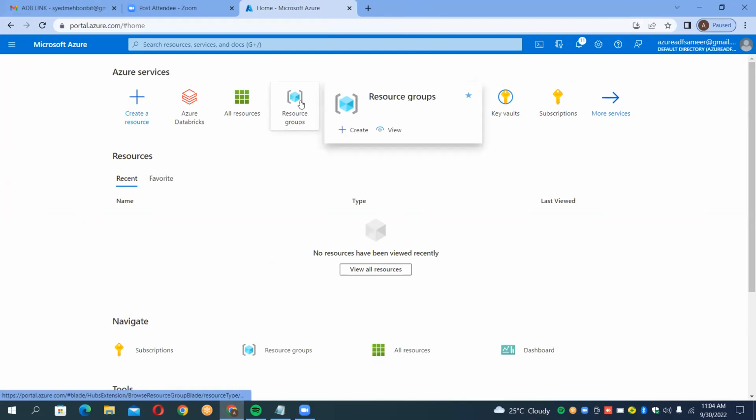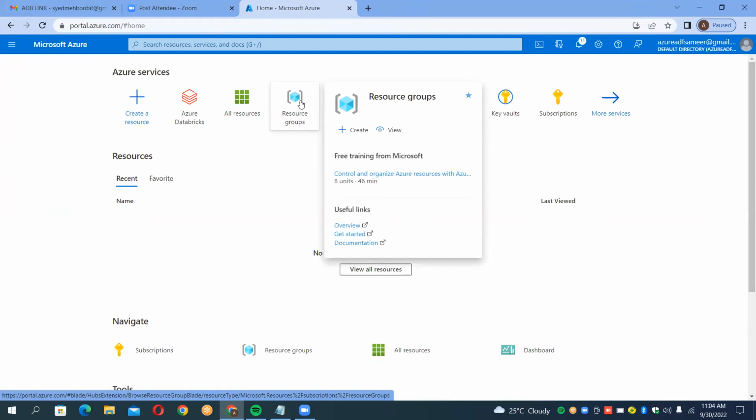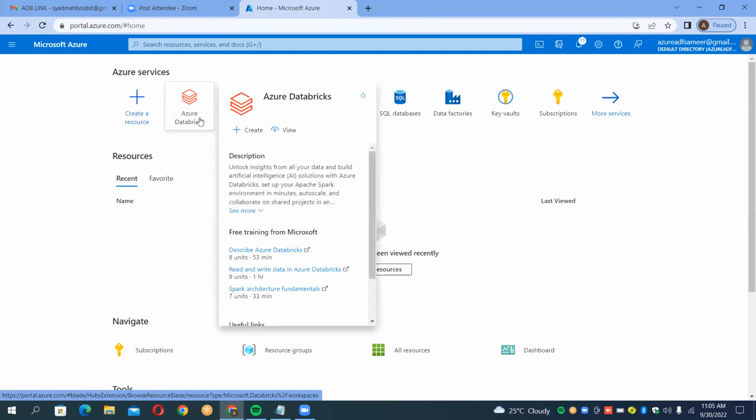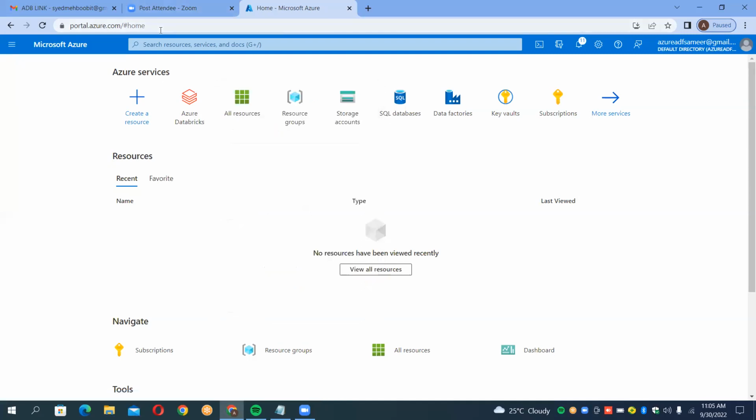See, guys, this is portal.azure.com. All of you, try to log in to this portal.azure.com. And now, guys, here you have Databricks. So you have to start the session here, everyone.